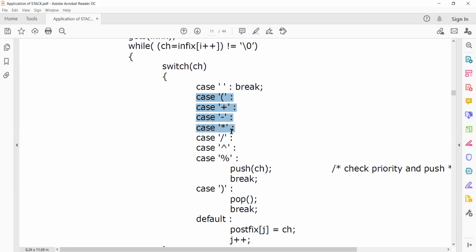If any of these cases is false, it becomes true and it will go directly to push.